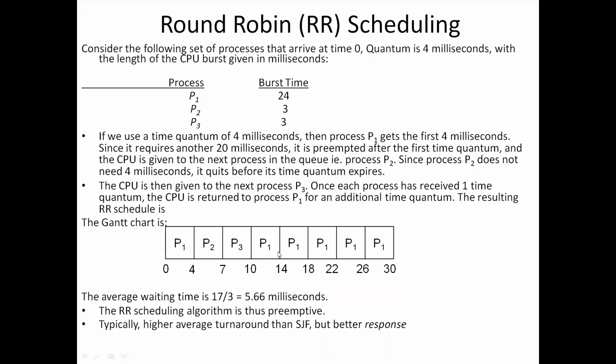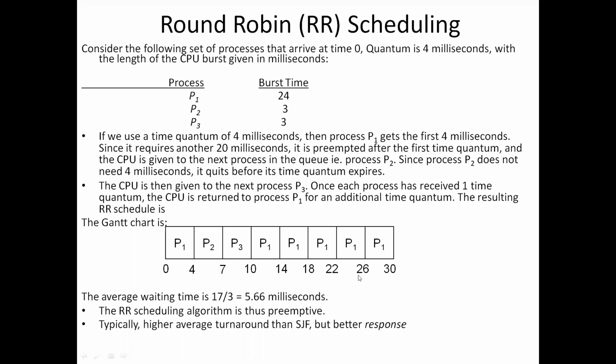So now process 1 will be allocated to the CPU. It will execute for 4 more milliseconds, because the quantum is defined as 4 milliseconds. After that there is no other process in the ready queue, so process 1 alone will get executed by the CPU for the next 4 milliseconds. Again there is no other process for execution in the ready queue, so for the next 4 milliseconds also process 1 will get executed. Again there is no other process in the ready queue, so next also process 1 only will get executed by the CPU.